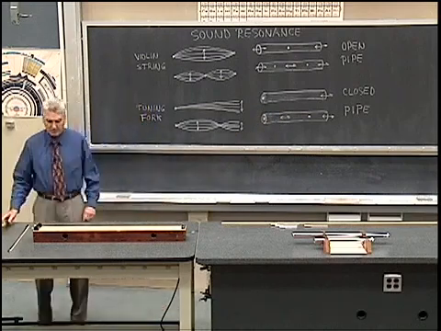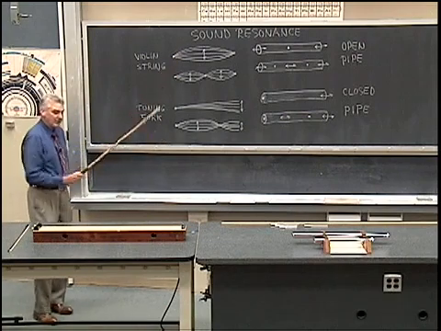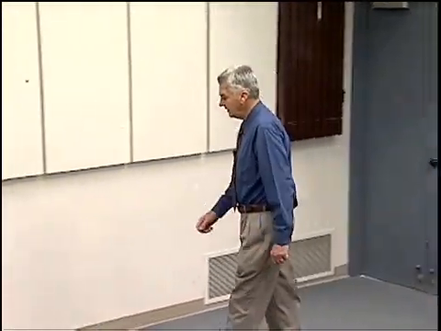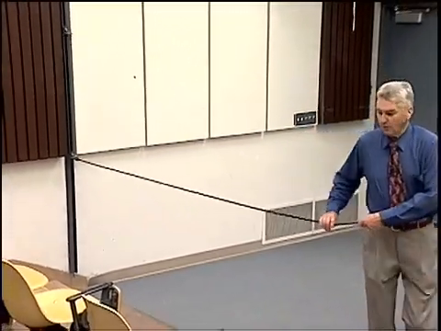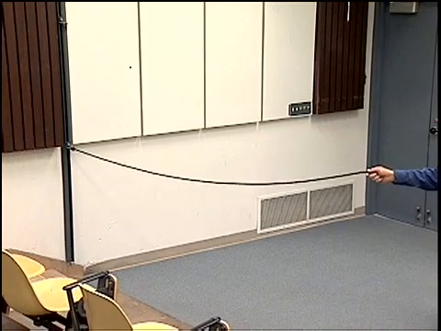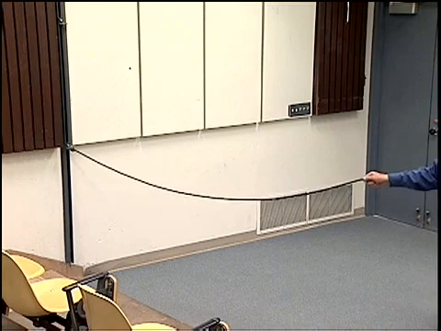Now I'd like to begin by discussing in detail the vibration of a violin string. To do that, I'll first demonstrate a vibrating rope or cord here. This is a little longer, and I can make it move in such a way that we can see the vibrations. I'll have it vibrate with its fundamental frequency, with a node at either end, and an antinode in the center. Next, we'll have it vibrate with a node in the center,